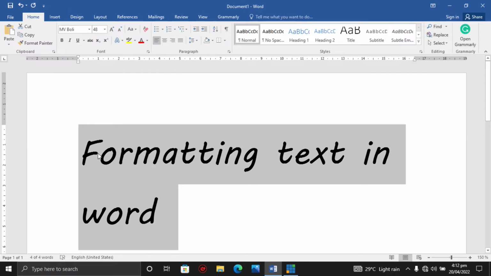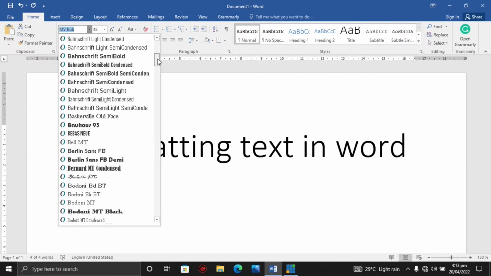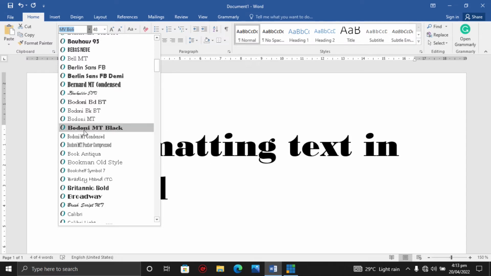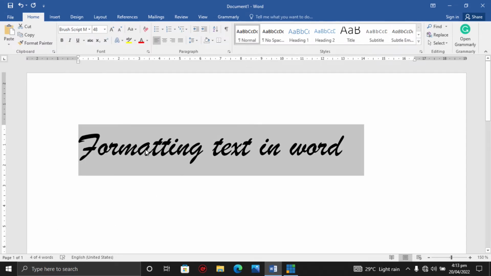If you don't have all these fonts on your system, you have no problem. But on your computer, you're supposed to have the system default fonts like what we have here. So at least you should have all these fonts on your system, right? We have Berlin Sans FB, Tenley, and all these fonts here. So you can change your text to any style you wish that's readable to the human eyes. That's how you can change your font style.